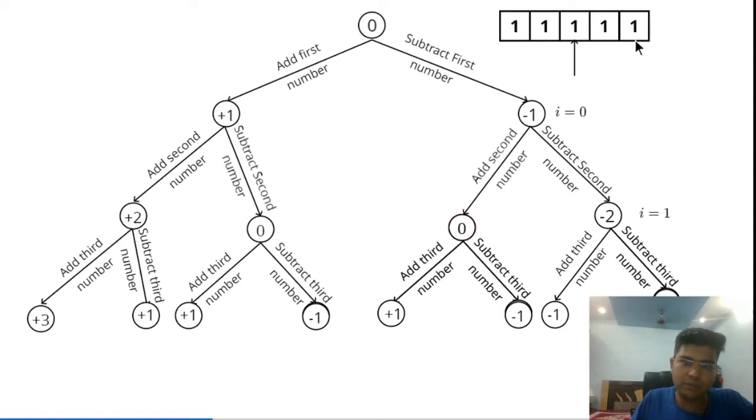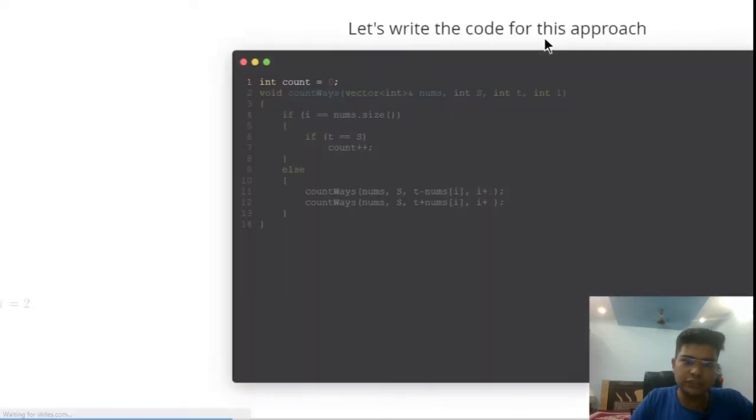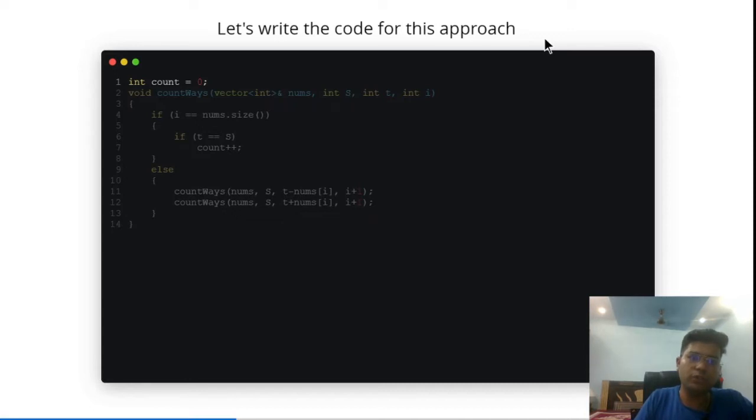Only at the last level will we be able to determine that at this level we are getting the sum 3 for these many outcomes. So at each and every level there is a possibility that we can either add the ith number or subtract the ith number to reach a certain sum value. So for the recursive solution, what we can see here is that